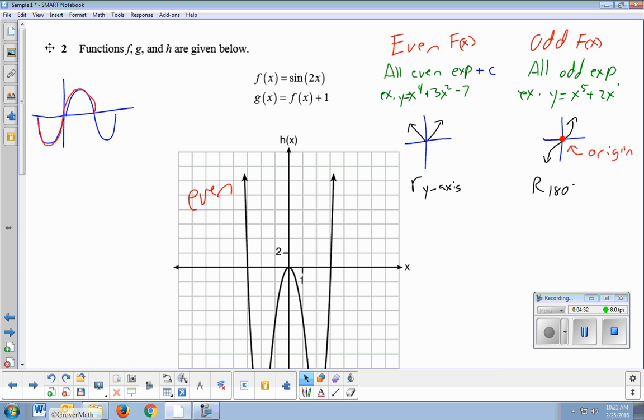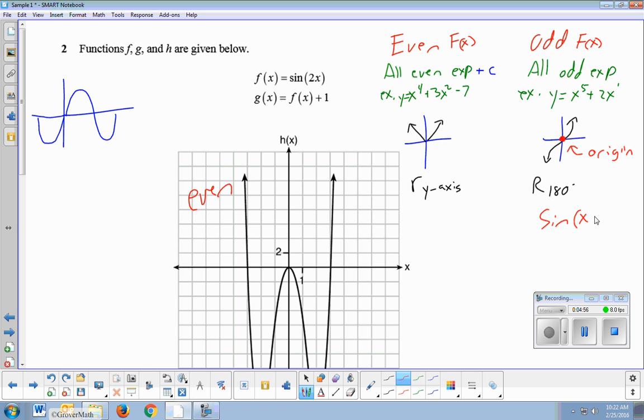That is not symmetrical on the y-axis, but if I take that sine curve and flip it upside down 180, pivoting around this origin, my art's not perfect, I see it does match. So the basic sine curve, when the midline is the x-axis, is an odd function. So sine of x is in the odd function